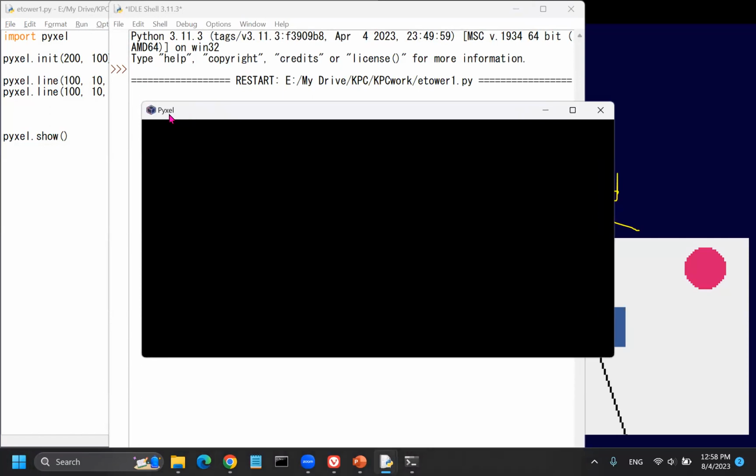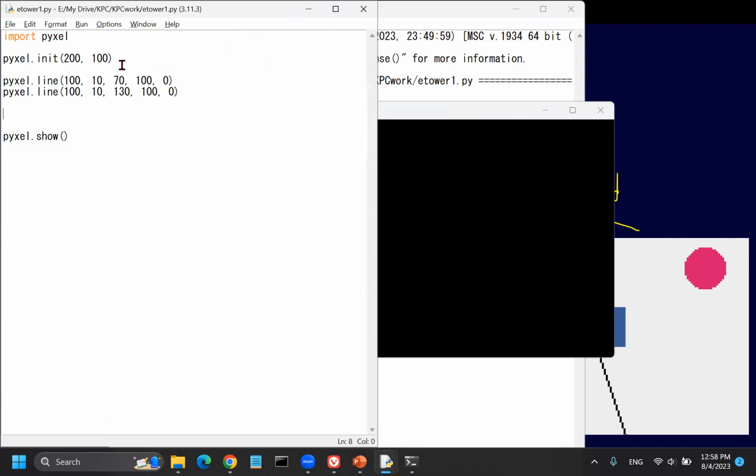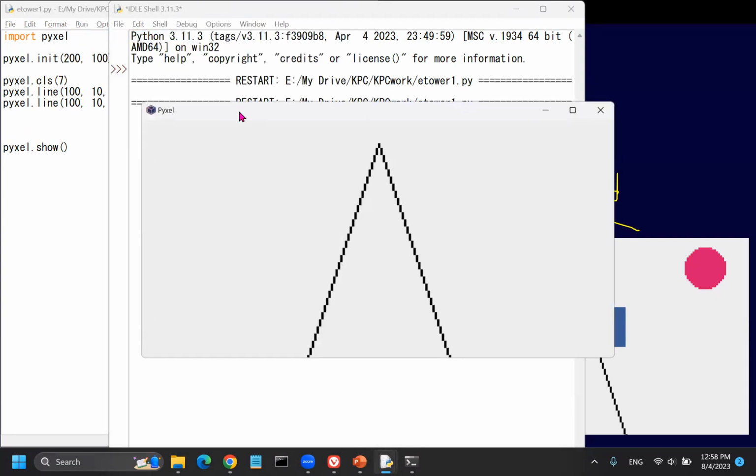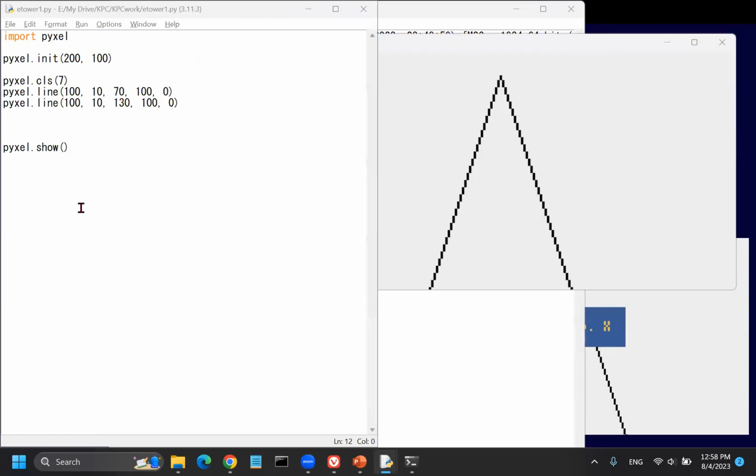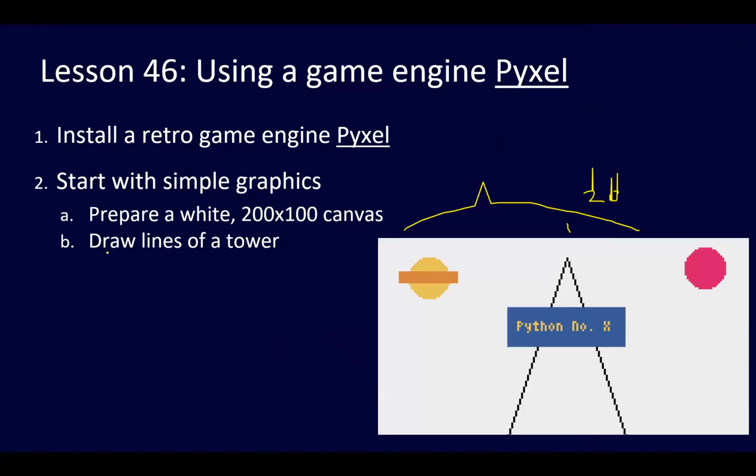Too bad. We want to draw it as white, as I said. So Pyxel CLS clear as 7. Okay, let's run it. Okay, good. This is what we wanted. Let's continue. Just writing. Next,